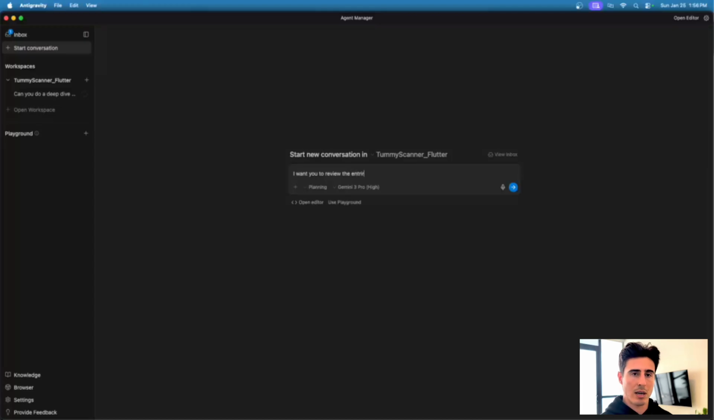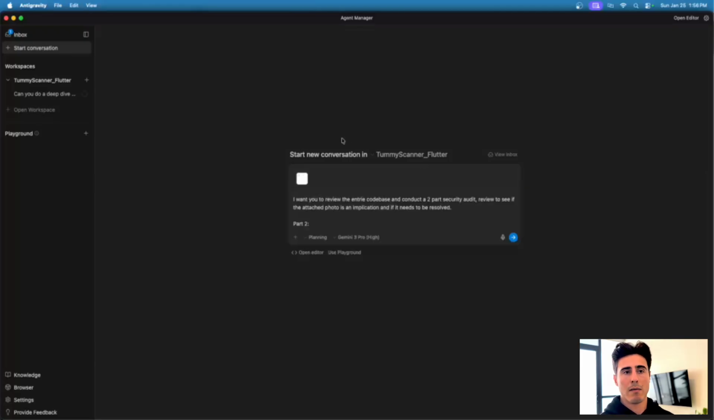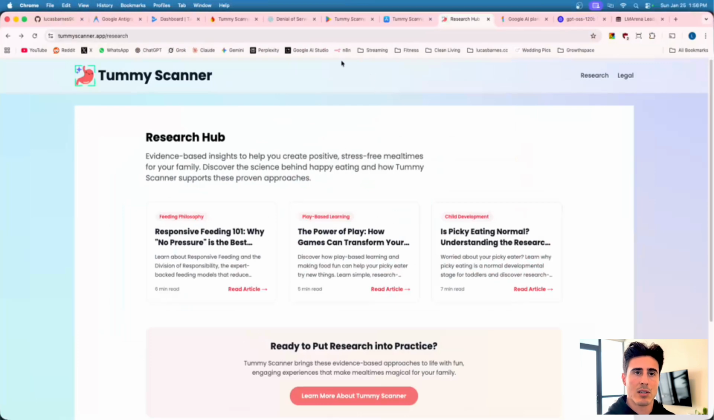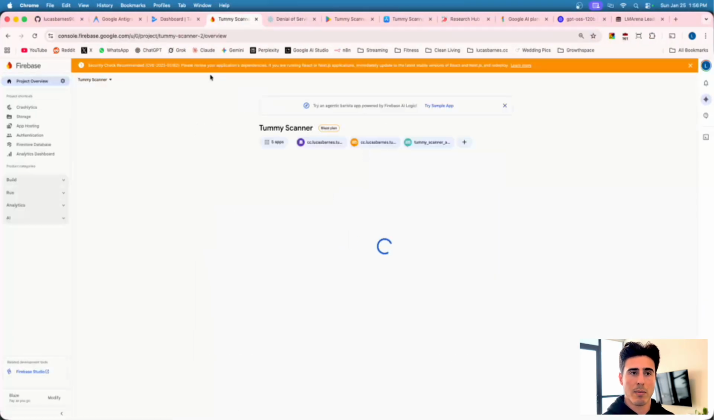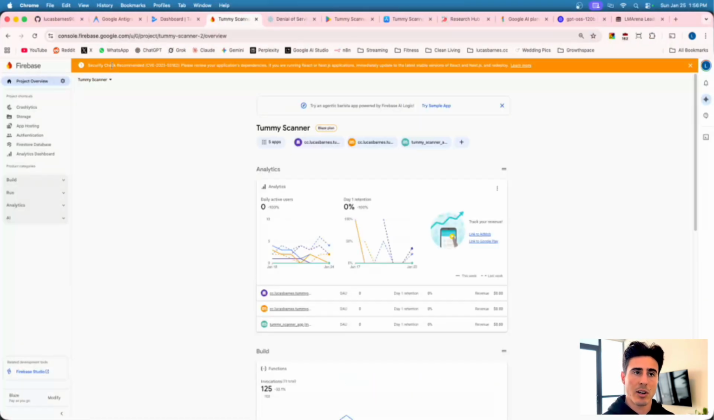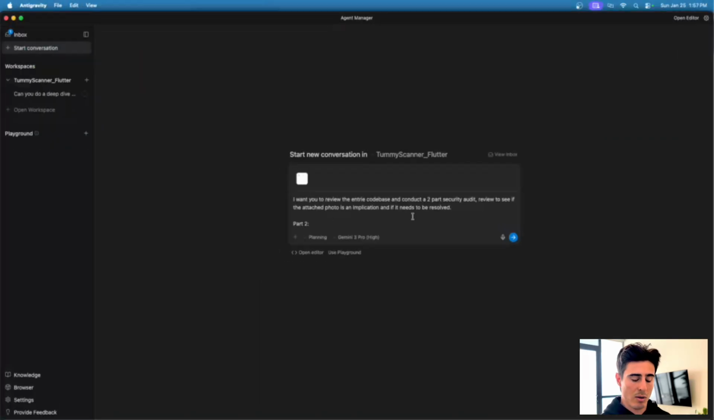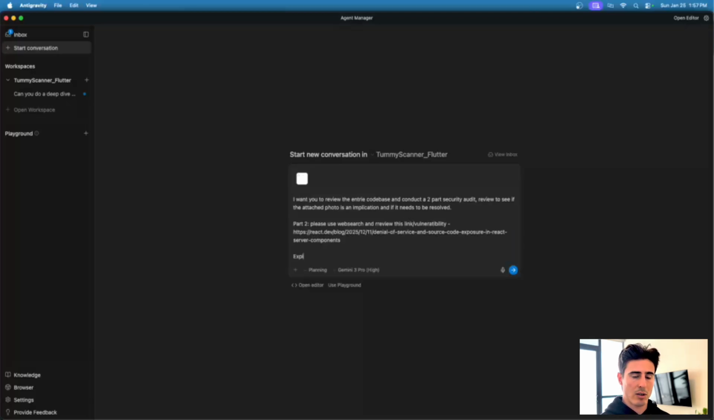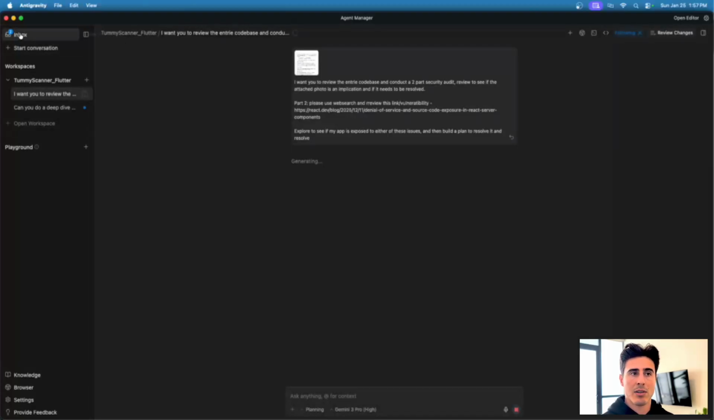review the entire code base and conduct a two-part security audit. Now for part two, I'm kind of giving it a little bit of a softball. Go to my Firebase console, open up the app. I did the security check recommendation. Next thing I'm going to do is please web search, review this link vulnerability, explore to see if that is exposed of these issues. So I'm going to hit that and send, and then you'll see here in my inbox,